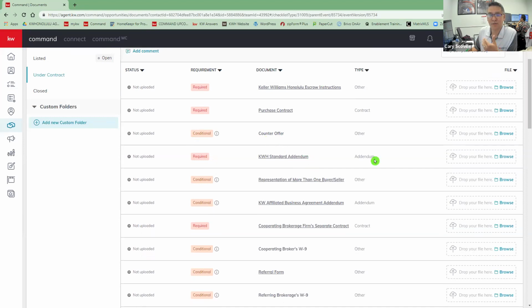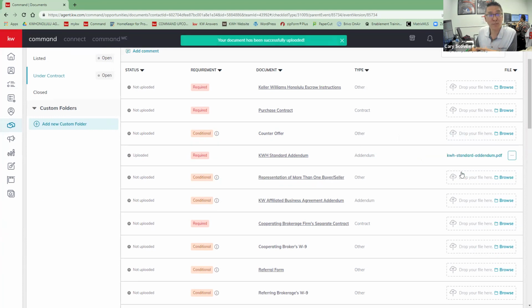If there was a counter, what are we striking? What are we adding? If we had a seller executed standard and then made the standard addenda part of our purchase contract, now we can add the Keller Williams standard addenda that's signed by both the buyer and the seller. All you're doing is filling it out to what your contract or counter says.